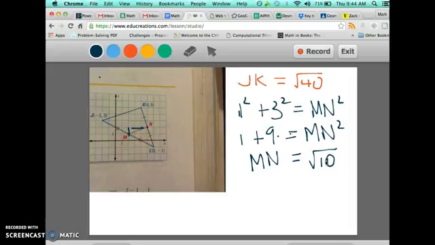Well, now is root 10 half of root 40? Well, to answer that, we're going to do something to root 40. Maybe some of you can vaguely remember what we're going to do here. Whenever we have something under a radical, we ask ourselves, can we factor out any perfect squares? In other words,